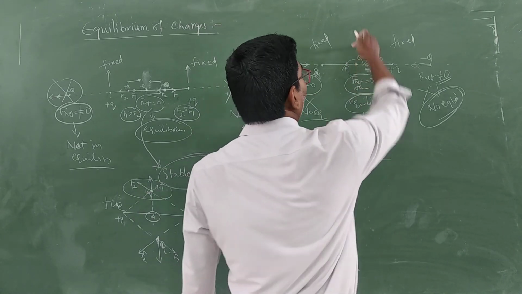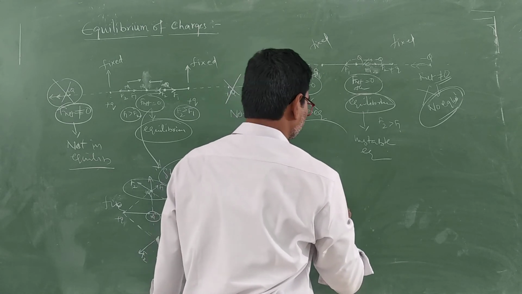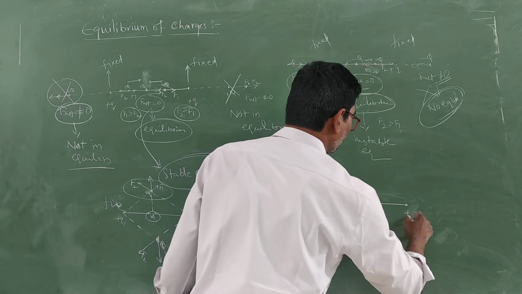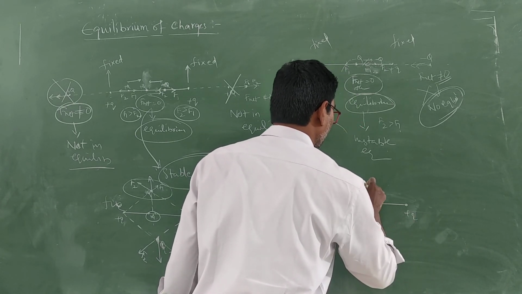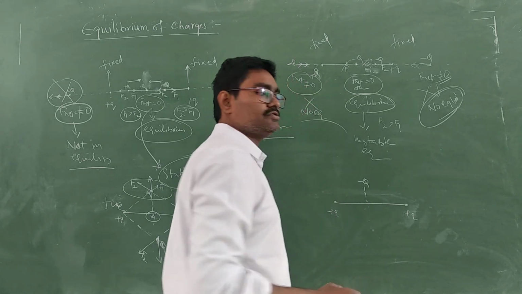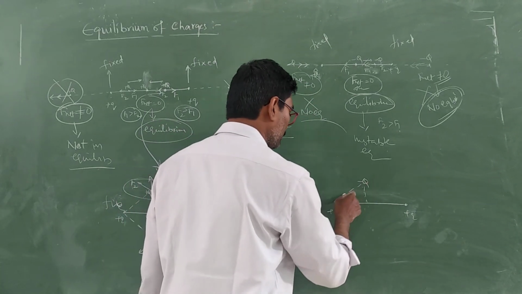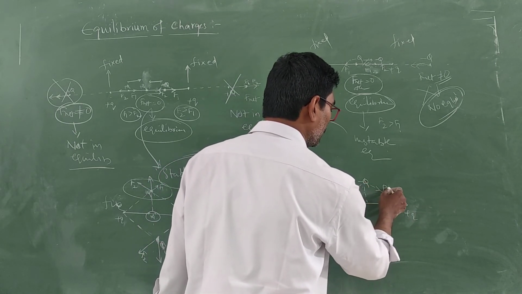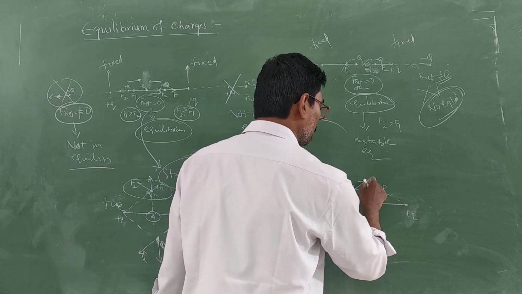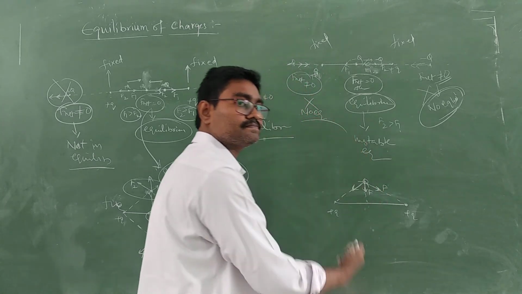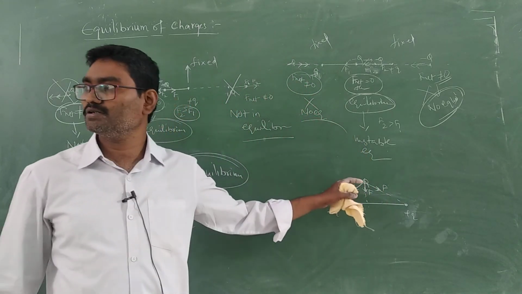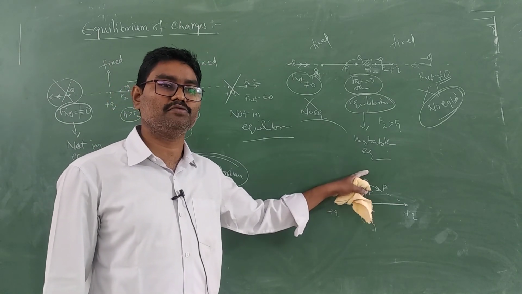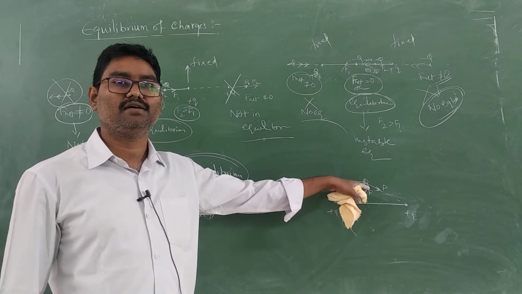Now, if I move it perpendicular to the line, think. Between the plus Q charges, I am placing minus Q perpendicular to the line joining the two charges. Then what will happen? This will pull in this way, this will also pull in this way. What about the resultant of these two? It will be pulling downward. That means it is coming towards the mean position. Correct? Clear or not?